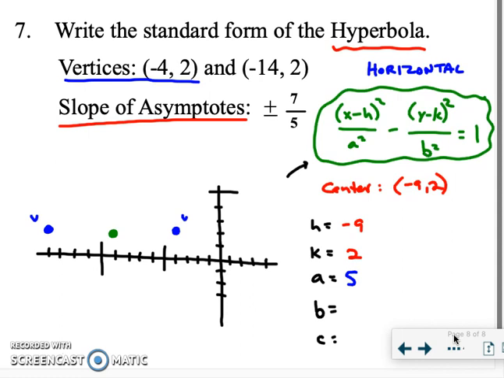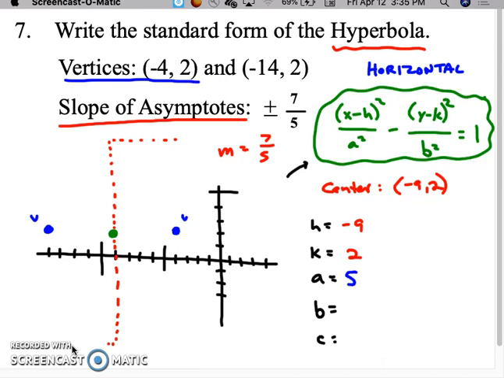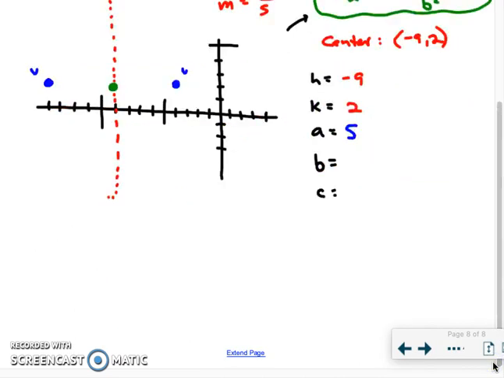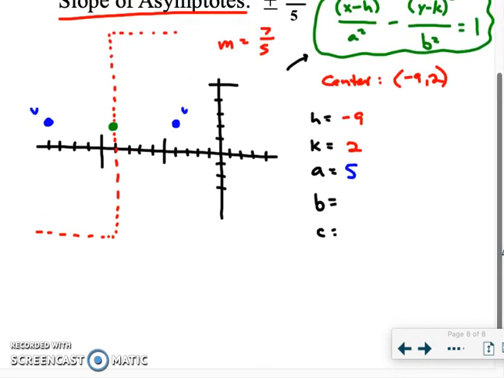So if I'm looking to graph my slope of positive 7/5, please understand that that means that I'm going to go up 7 and I'm going to go over 5. I'm going to go down 7. As you can see, I'm not going to be very accurately done here, but I'm going to go down 7 and left 5. Once I have these points, again, here and here, again, we get rid of these dotted lines,